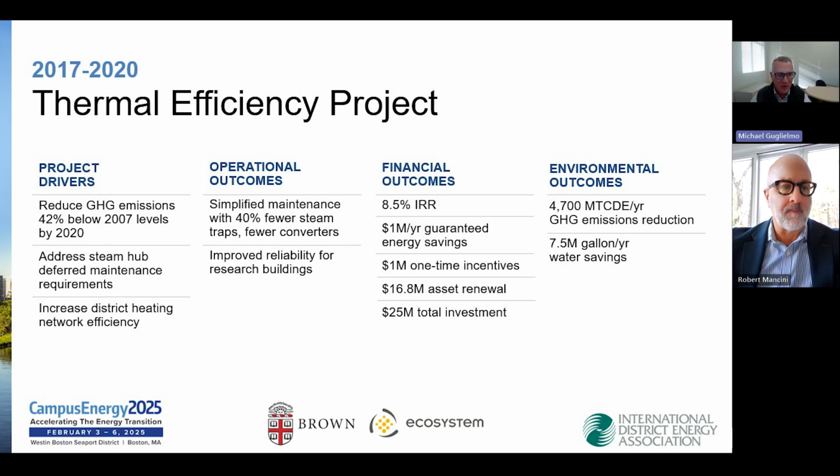Yeah, so with any project that we develop here, we have key project drivers, and you can see the project drivers. I'm not going to read them to you. You can quickly glance at them. But what was most important were measurable outcomes that were going to impact our operations, our finances, and environmental. One thing that you'll hear throughout this presentation is the fact that we always look at how do we get the most for that $1 we're spending. And I think the TEP project was exactly representative of that level of impact across these operational